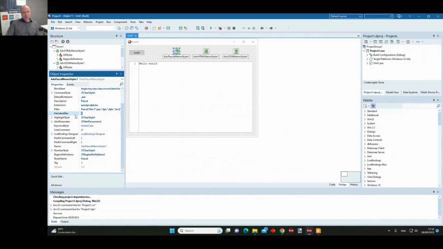A hex number, for example, has a prefix or an identifier with a dollar sign. In other languages, that might be 0x, for example. Also, things like how comments are specified, that are rendered in gray, and that is indicated with the line comment or the multi-line comment left and right symbol that you can also specify.